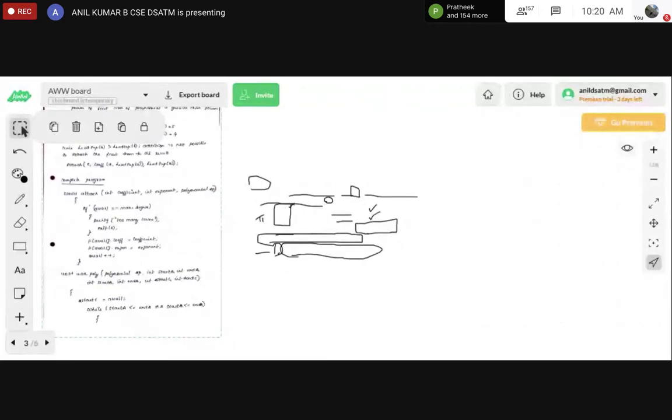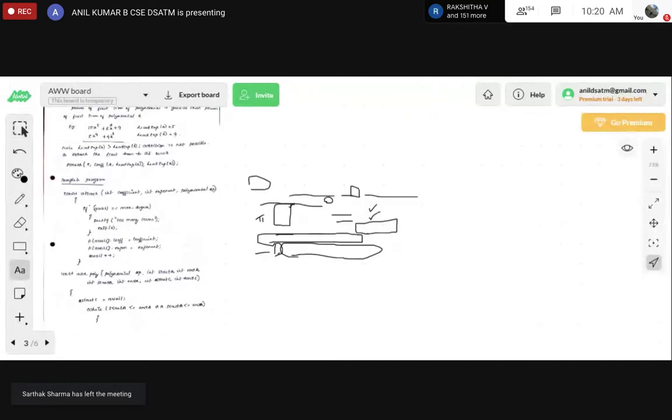Before going to the coding part, if you want to write a complete program for this, what are the various functions that you should define? Any idea?